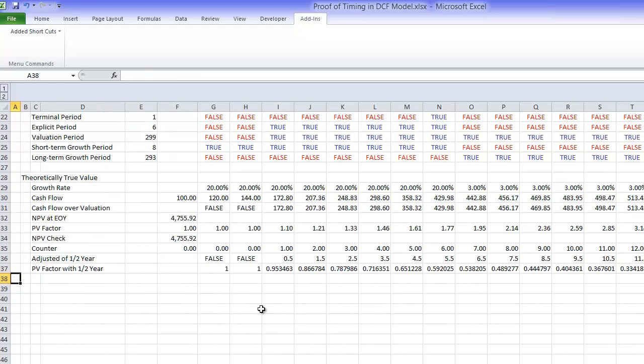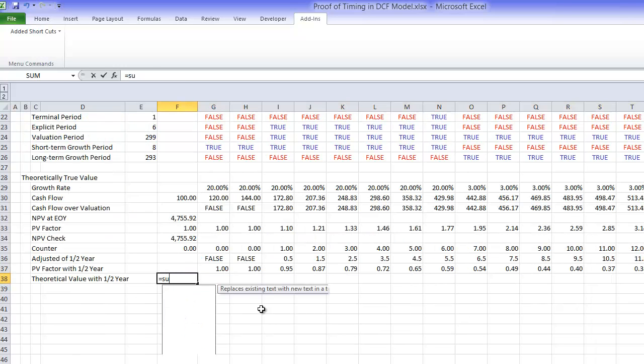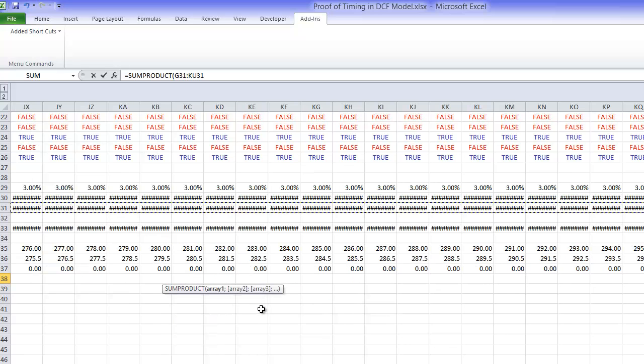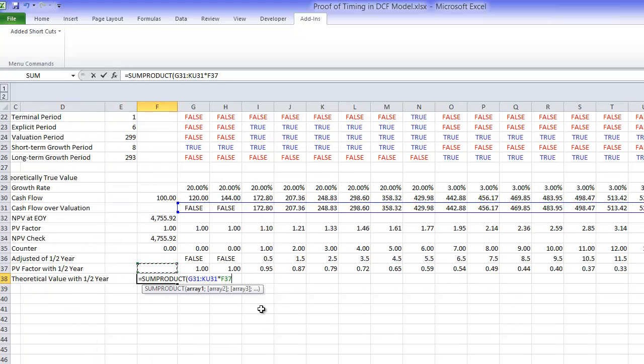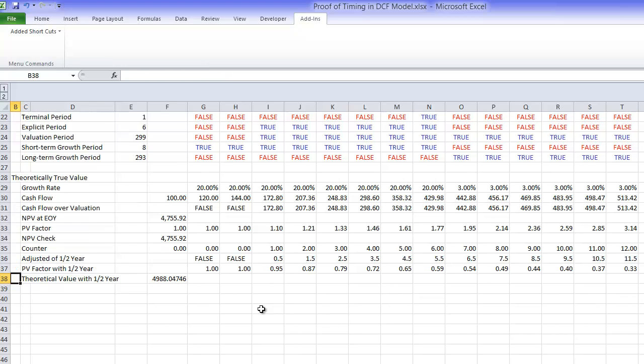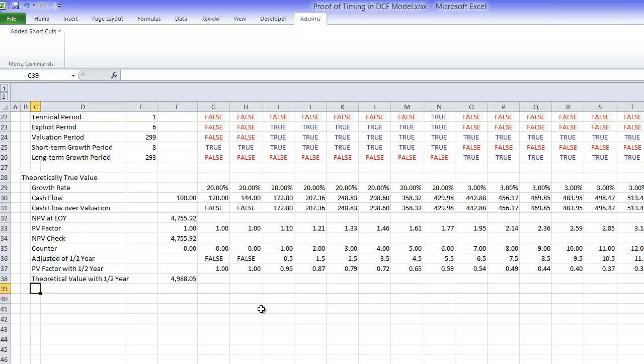Okay, so when we make our theoretical value with half year, okay, that's again Shift Control 1. This is sum product, tab, of course. This one, and this time, since we like the other way, we multiply by this, so we get an increasing value, and we can let's check this with